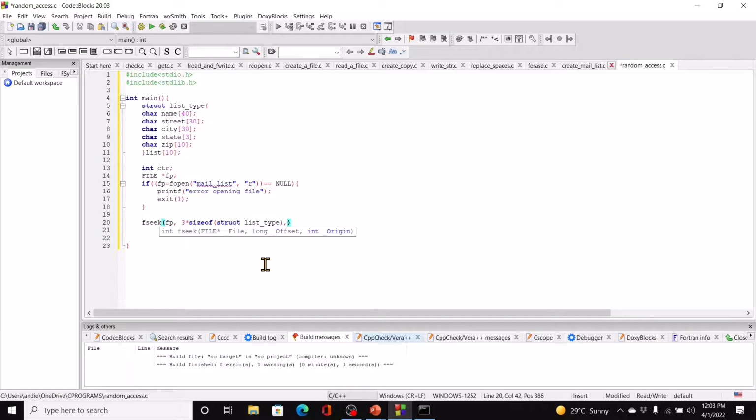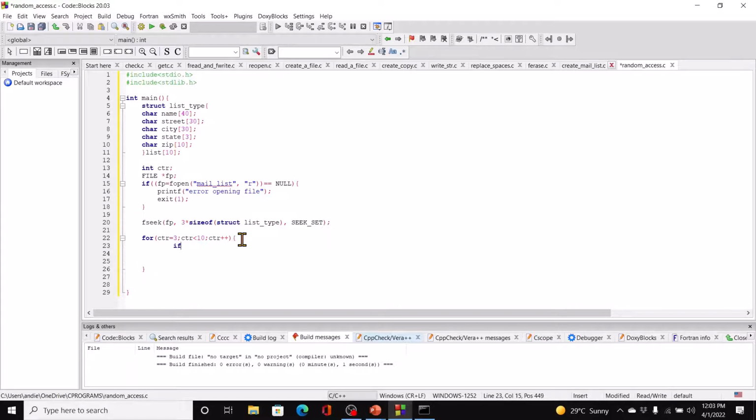And then from origin, which will be SEEK_SET. Okay, that's the start of the file. And then for counter equal to 3, we say, right? Counter less than 10, counter plus plus, right? And within this loop,